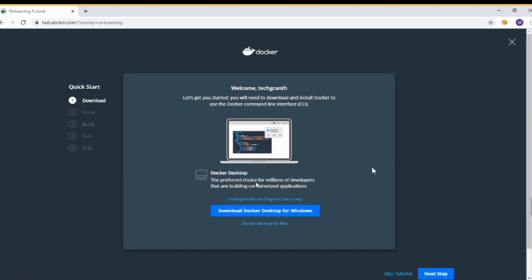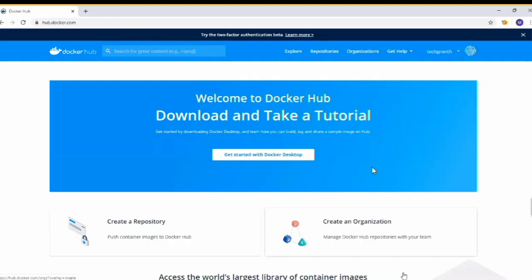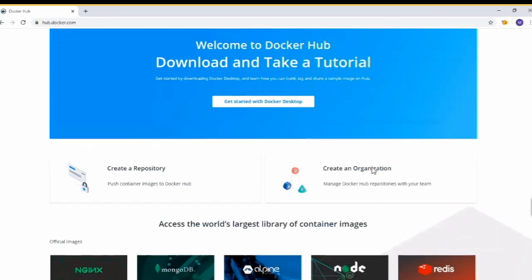But we have already installed Docker Desktop, so we will just skip this one, right? Let's skip this, and then we will see how we can run a container using Docker Desktop.